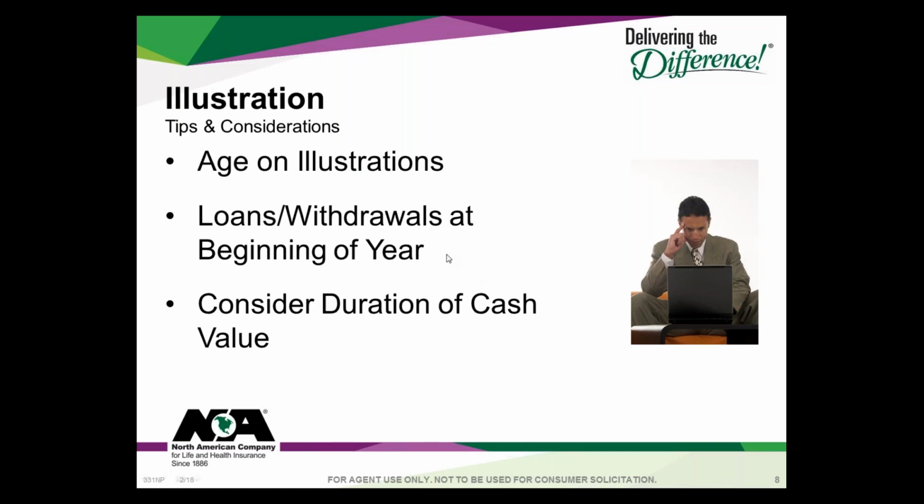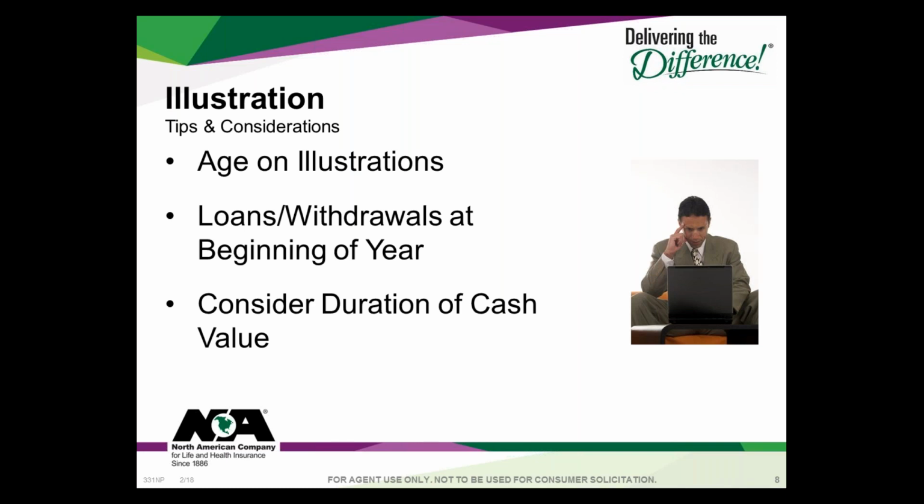Another thing to think about is the withdrawals at the beginning of the year. On our illustrations, all of our distributions assume the beginning of the year. So when you see the age on our illustrations, and now on our iPipeline illustration software, we have the beginning and the end of the year age. Even though the account values are shown at the end of the year, be aware that the distributions are at the beginning of the year. They start right away. So if you're taking a loan or withdrawal, it is assuming the first day of that